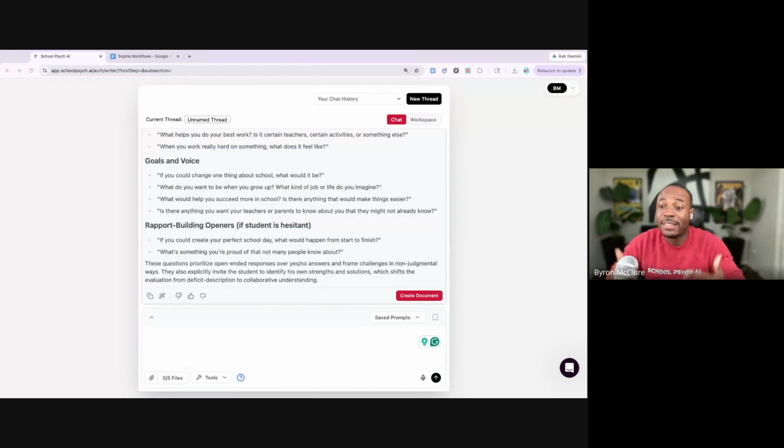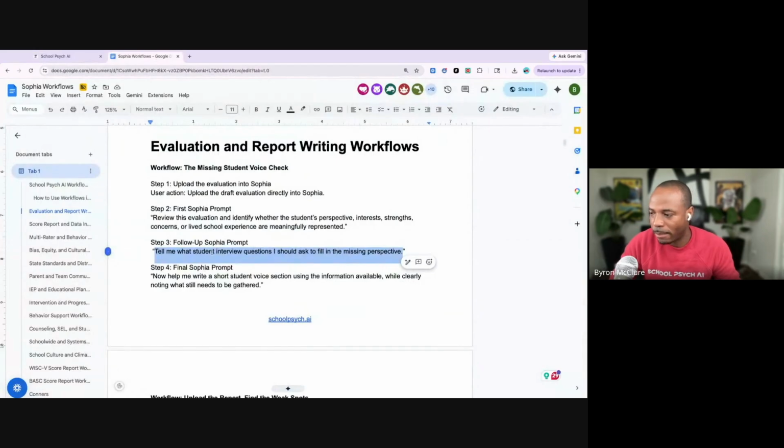And I think this is a powerful way to really use it, like how we work. Okay, let's keep rolling. So Sophia has given us some really phenomenal questions that, if I'm being honest, I wish I could go back and pull, not all of them, but some of these questions. Now, the last part of this sample workflow